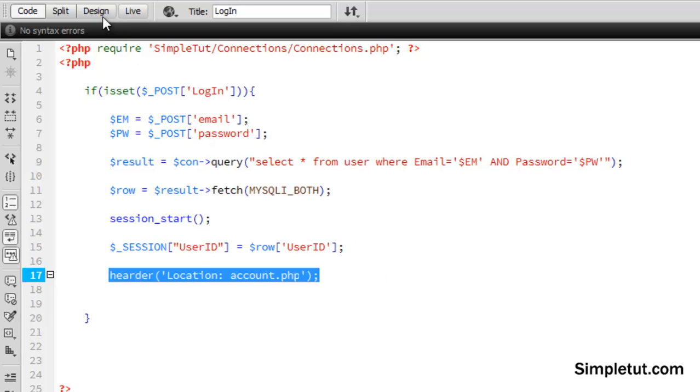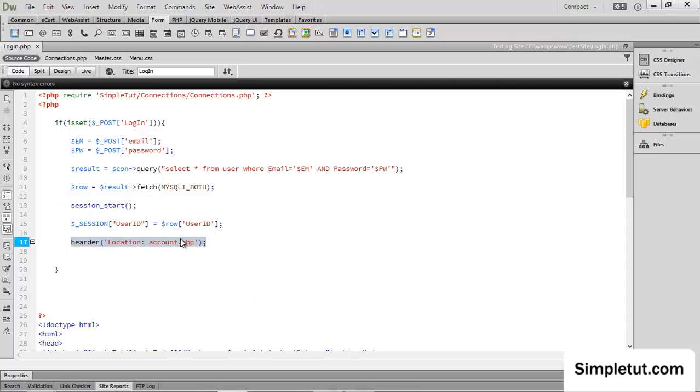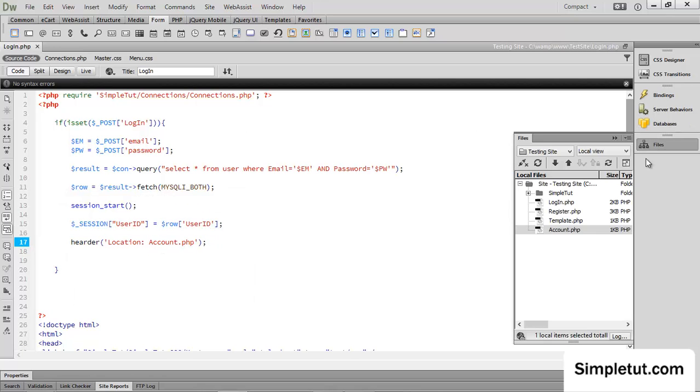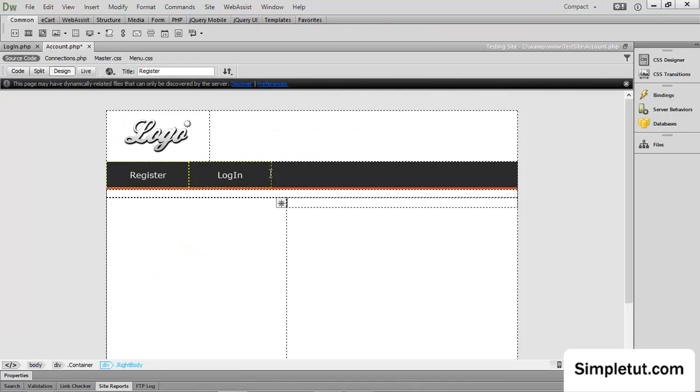So let's just check. Now, before we can actually do that, we're redirecting them to a page that doesn't actually exist just yet. So I'm just going to duplicate the template page, and I'm going to create the page account.php. I spelled that with a capital A. So I'm just going to do that. And if I open up the account page, what I'm going to do here is